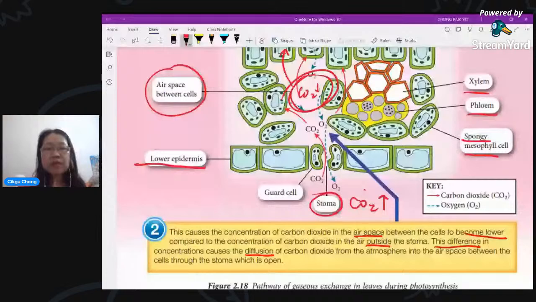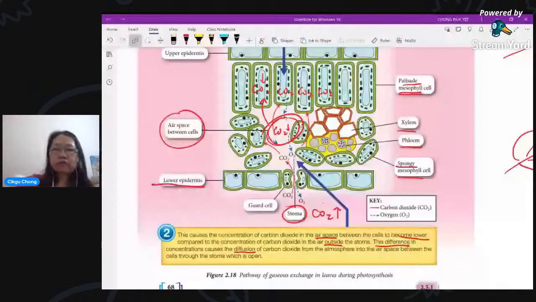And then this place now becomes less already. Then the next place becomes more, so it will move on. So it's like the carbon dioxide keeps on transferring from one area to another area. Finally, it enters the cell. The cell is using up the carbon dioxide to make glucose, to make food. All right, so this is what you see here.